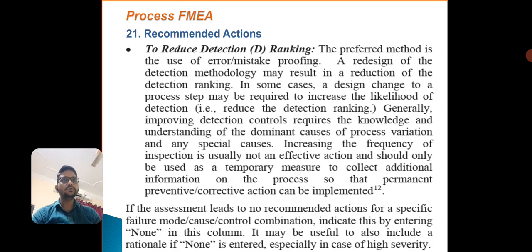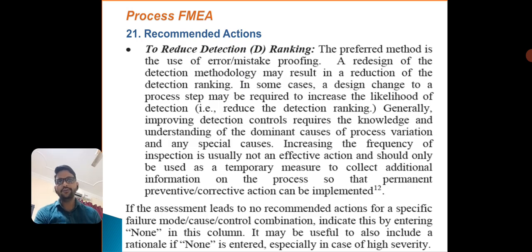Next is to reduce the detection rating, that is D. The preferred method is error or mistake proofing. Redesign of the detection methodology may result in a reduction of the detection ranking. In some cases, a design change to a process step may be required to increase the likelihood of detection, that is, reduce the detection ranking. Generally, improving detection control requires knowledge and understanding of the dominant cause of process variation